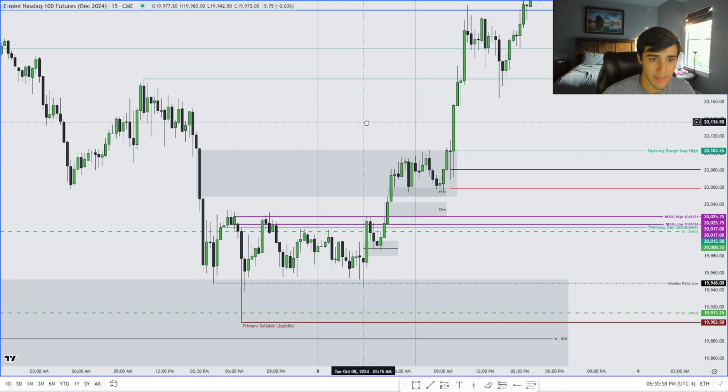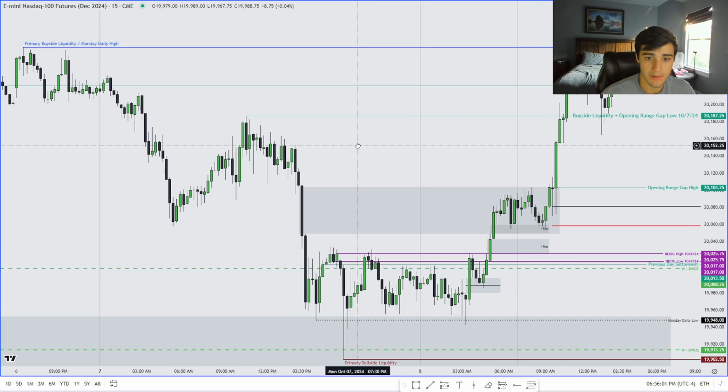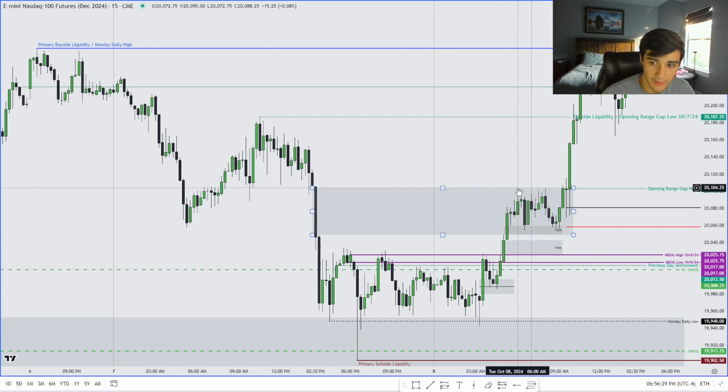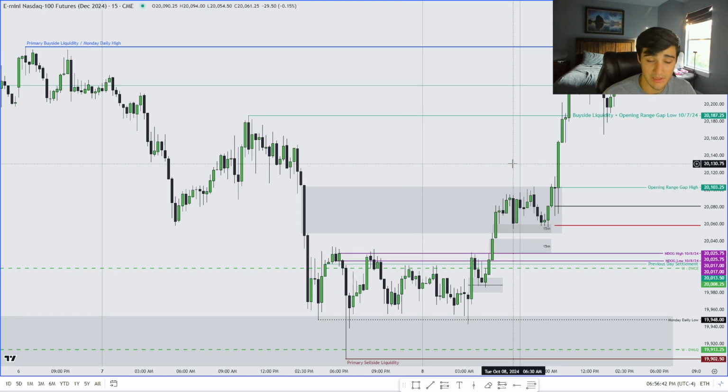But another thing that I've noticed is that if we're thinking in terms of market maker models, and here we have an original consolidation and a drop down, reaching for the sell side liquidity first, smart money reversal down here. If we begin to displace higher, and the order flow is switching from the sell side of the curve to the buy side of the curve, and the market spends time inside of an inefficiency on the left side of the curve, that is an indication that we will see another original consolidation form, which could also be the start of another later market maker model. But that also indicates that price is clearly reaching for buy side liquidity,